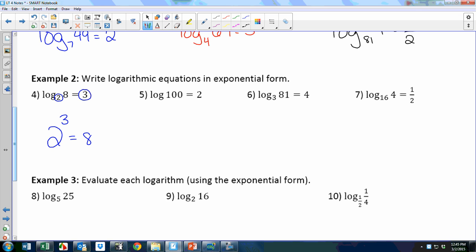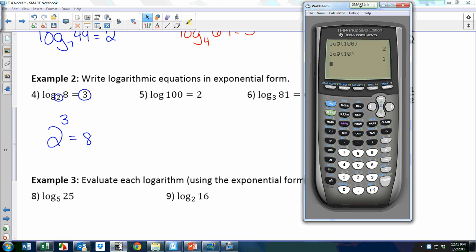There's not a base. It's called the common log. If you've worked in chemistry, you may have worked with the common log or even natural log, ln. Some earlier in second period had. Not ringing a bell with you all? No? Okay. Well, the log button